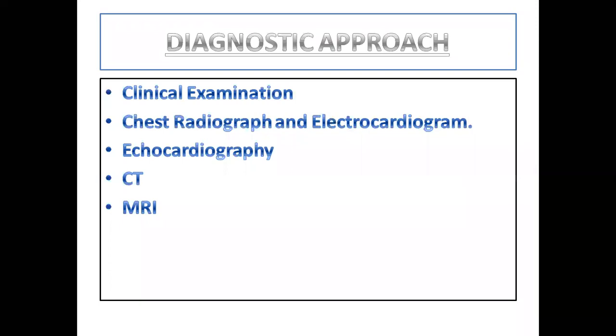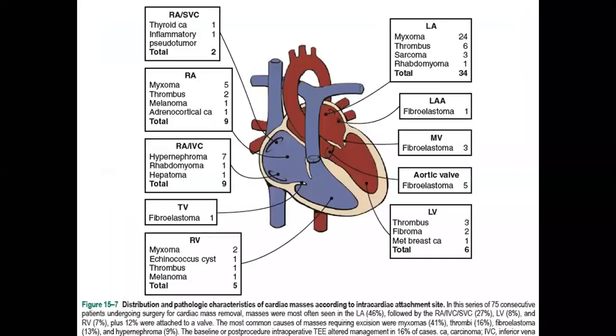So this is regarding the clinical manifestation and mechanism. Concerning the diagnostic approach: the clinical exam, chest radiography, ECG, echo, CT, and MRI. This is a differential diagnosis for each chamber. You can see in the left atrium, in the distribution of pathological characteristics of cardiac masses, 24% is myxoma,